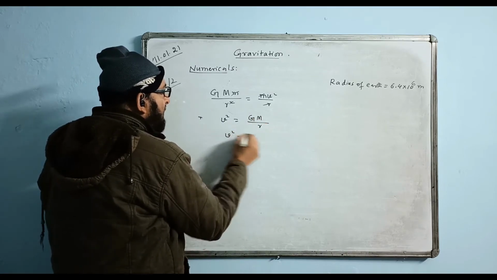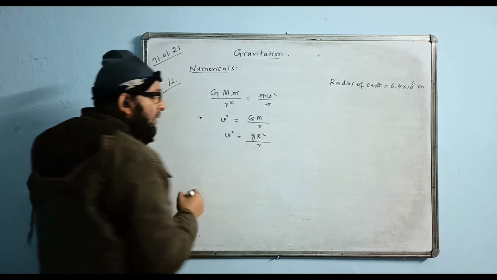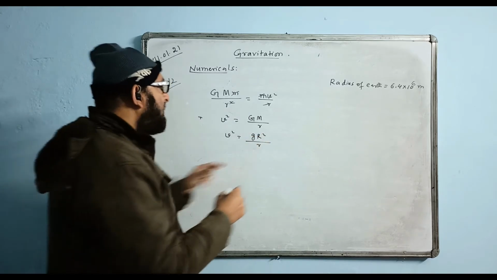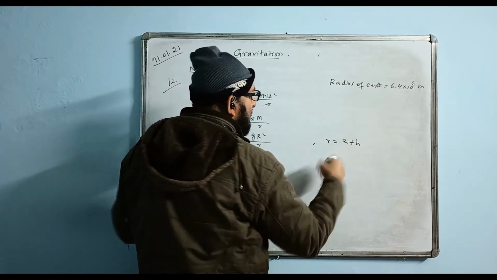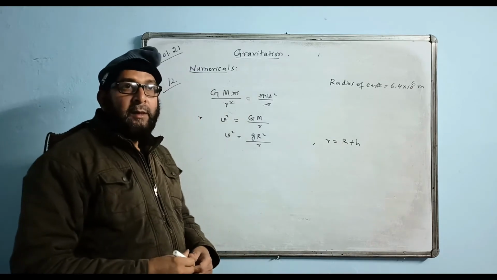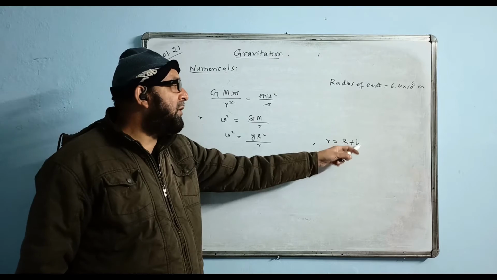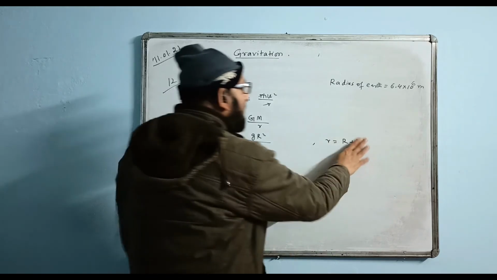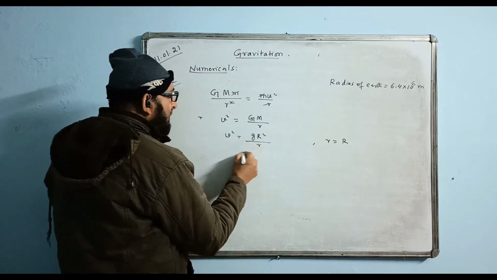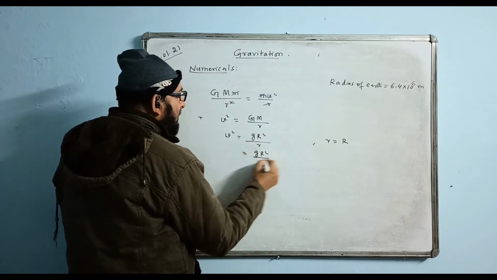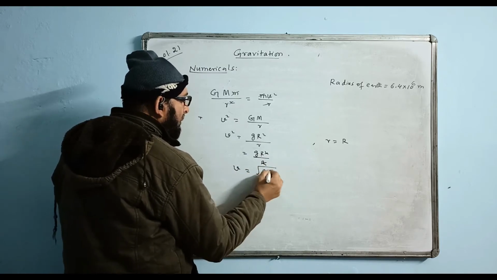This G m value we can add G R square, where R is the radius of the earth upon R. Since this actual R means capital R plus H, the total height from the center. But the satellite is very close, that is H value is almost 0 with respect to R. So H value height also not given, so that small r and capital R are equal. Next step we can add as GR square by capital R cancel. Therefore V value will become root GR.